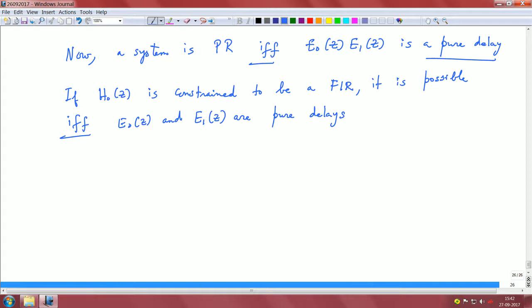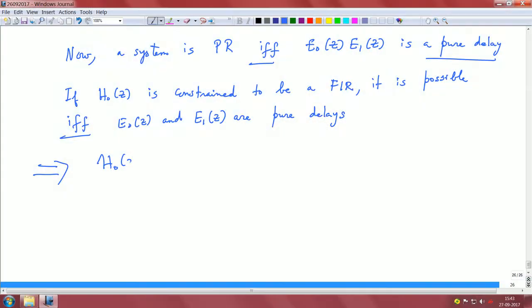So, if I constrain H naught to be FIR, right. If it is not FIR, then I can think that I could cancel out somehow. E naught can have a denominator polynomial, and that denominator polynomial can be factored into one of the factors in E1 of z in the numerator. So, that is the reason why we are forcing it to be FIR. If it is FIR, then the components E naught of z and E1 of z have to be individually delays, right. So, therefore, this implies that H naught of z